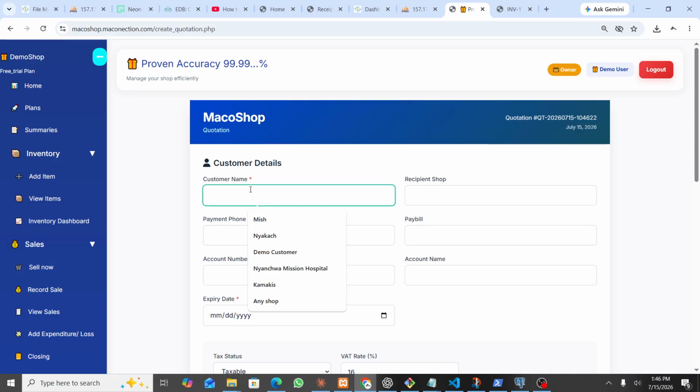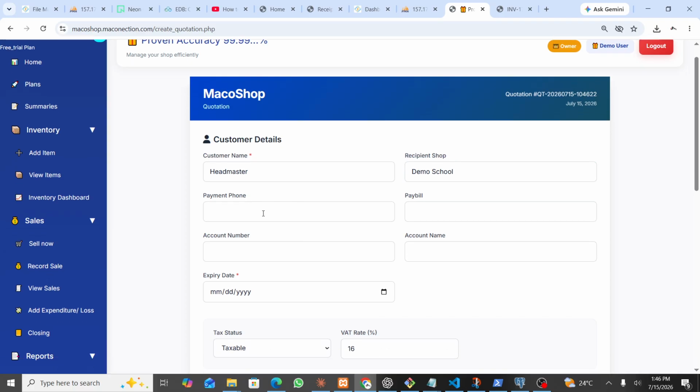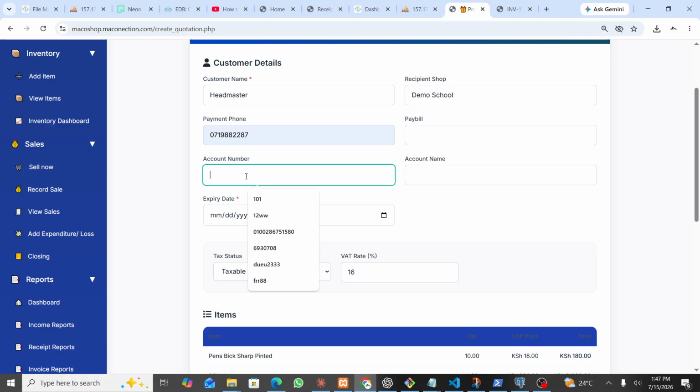Now you have to enter your customer name. Maybe we say headmaster, or maybe the customer, the school name, recipient shop. We have the payment phone. If you want to receive the payment through phone or through pay bill, you can just enter all those details. And if it is through bank, through pay bill, you enter your pay bill and also your account number